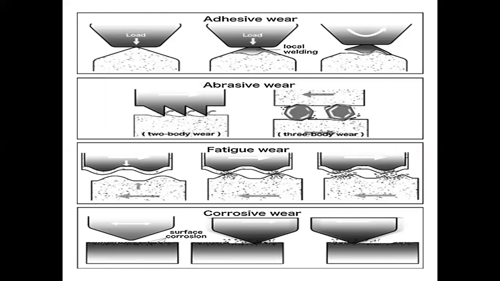So to summarize everything that we've discussed in this video, adhesive wear is when one body is being attached to the other because of their motion against each other. Abrasive wear could be two body or three body. It depends on the roughness and also the hardness of the materials against each other, causing one part to be removed in the process. We have the fatigue wear, or what we call surface fatigue, wherein there are cracks in the system.